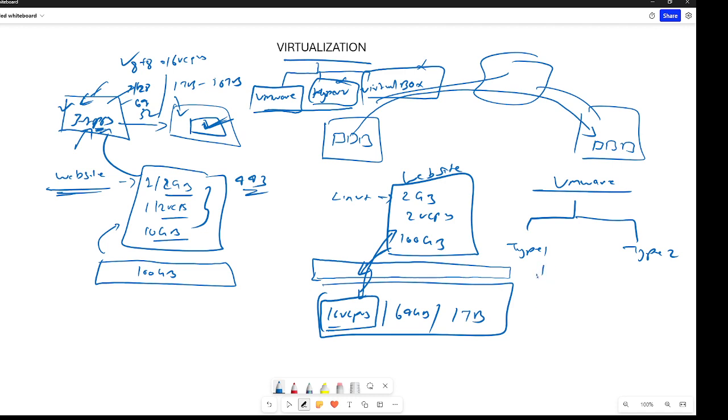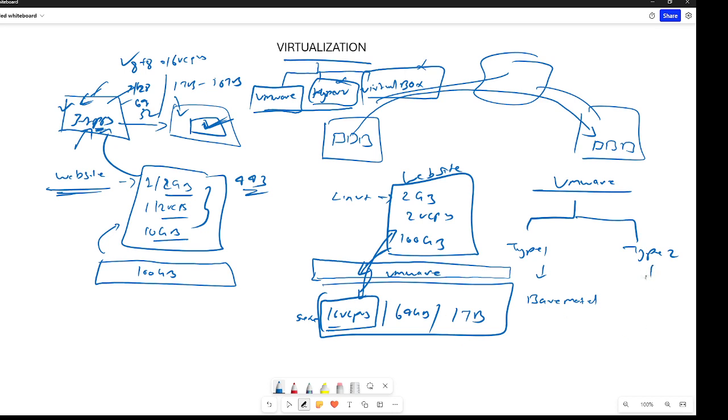In type 1, you install the VMware software on the bare metal server. That means this is my physical server, and on top of it I install my VMware software itself. That is type 1, which you will use in production.